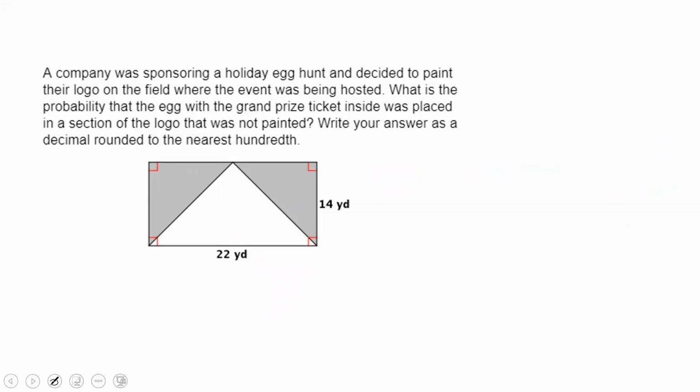A company was sponsoring a holiday egg hunt and decided to paint their logo on the field where the event was being hosted. What is the probability that an egg with the grand prize ticket inside was placed in a section of the logo that was not painted? Write your answer rounded